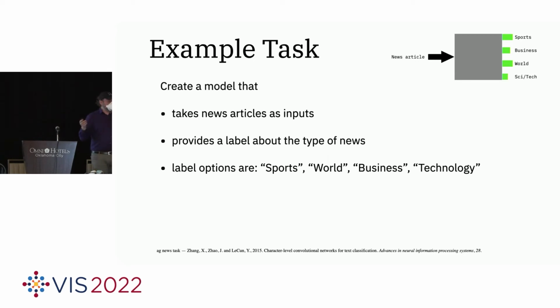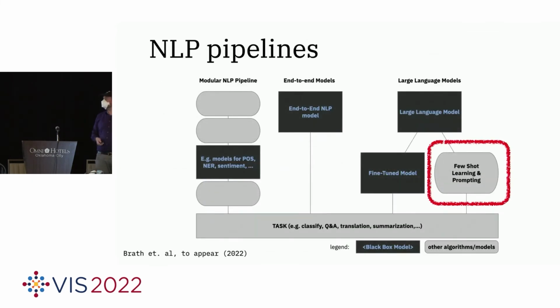How you would go about this is determined by which kind of NLP pipeline you want to use. Here's an overview of the classic and historic pipelines, including what is now actually state of the art. It's from a report that's not yet released, but will come out soon. On the left side, you see the classical pipeline. You do one step after the other: sentence splitting, word splitting, POS tagging, and so on, the stuff that you know from ages ago.